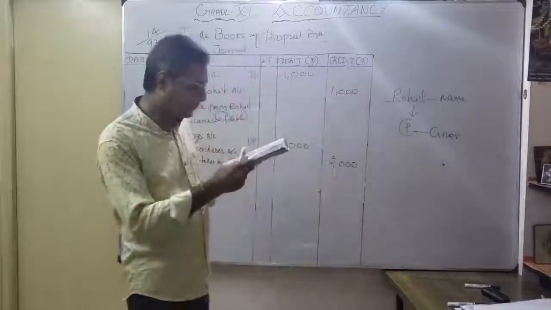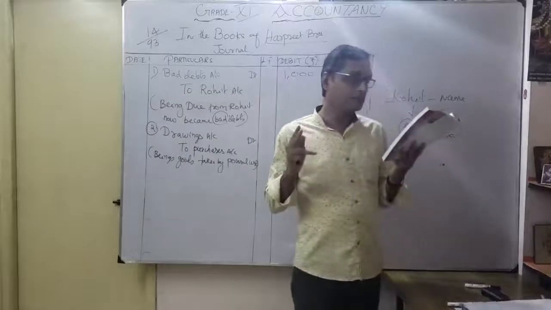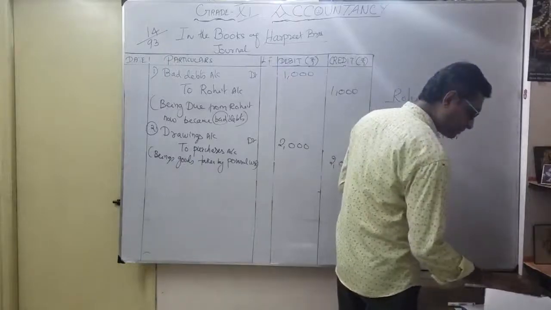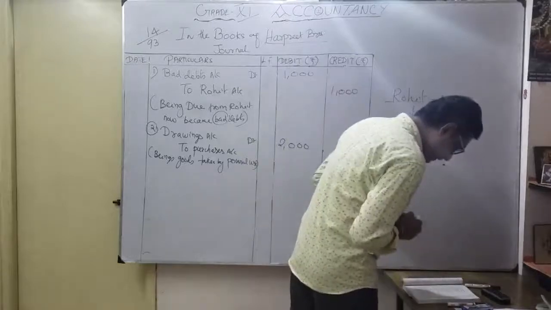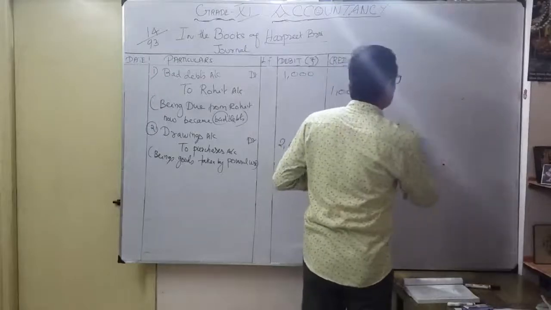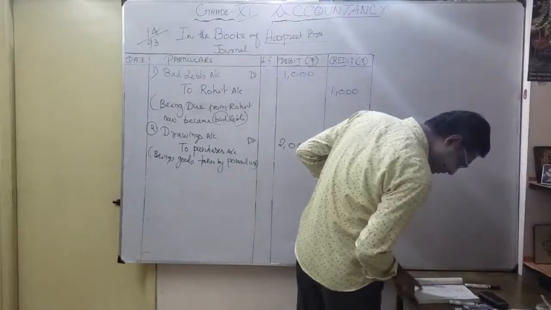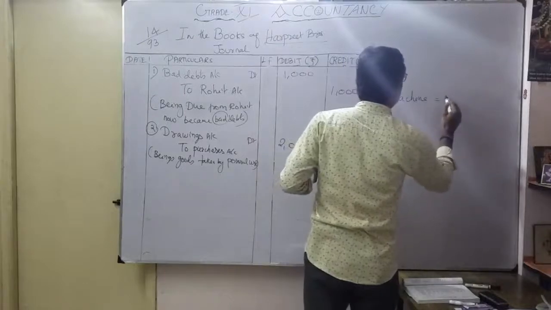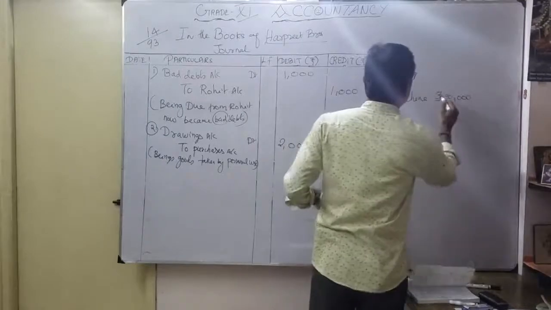Okay, what is the third one? Charge depreciation at 10% per annum for 2 months on machine costing 30,000. So what is the information they have given? See carefully. First, they have given depreciation. Then the machine costing what? The machine amount is 30,000, correct? The machine value is 30,000. Okay. So what is the calculation of the depreciation?